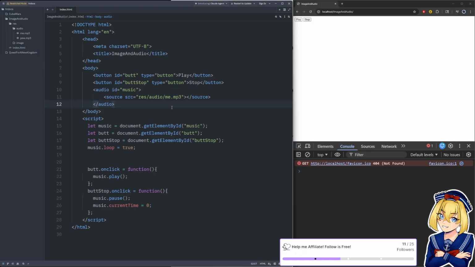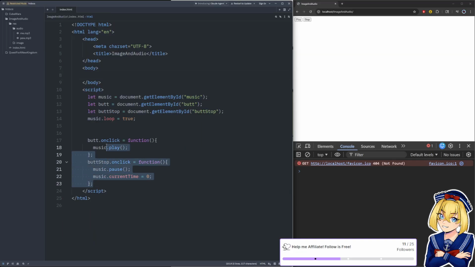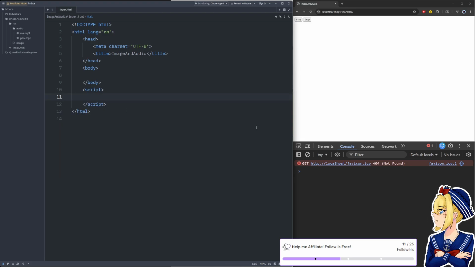So now let's look at if you don't want to put it on the page. Maybe you want to fetch it from an Ajax request or something like that, and so it's only going to be in JavaScript. So let's delete all of the body here. We're not going to need that anymore, and we're going to delete all this stuff too. We're gonna look up how to create audio in JavaScript. Something like that. Okay. Yeah, that's what I thought.